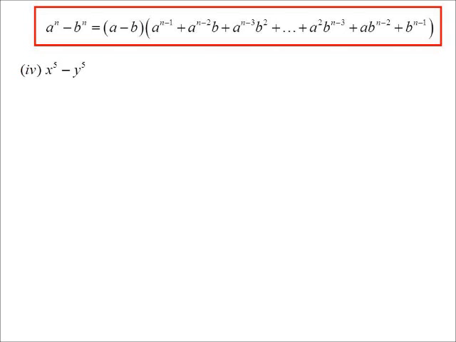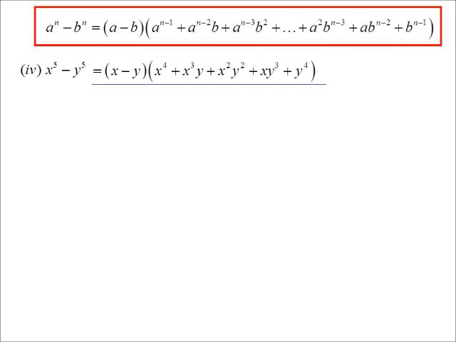So if I wanted to do x to the power of 5 minus y to the power of 5, it would start with x minus y. The powers of x will go down by 1. The powers of y will go up by 1. So we've got x to the 4, x cubed y, x squared y squared, xy cubed, and y to the power of 4. This second one can also be